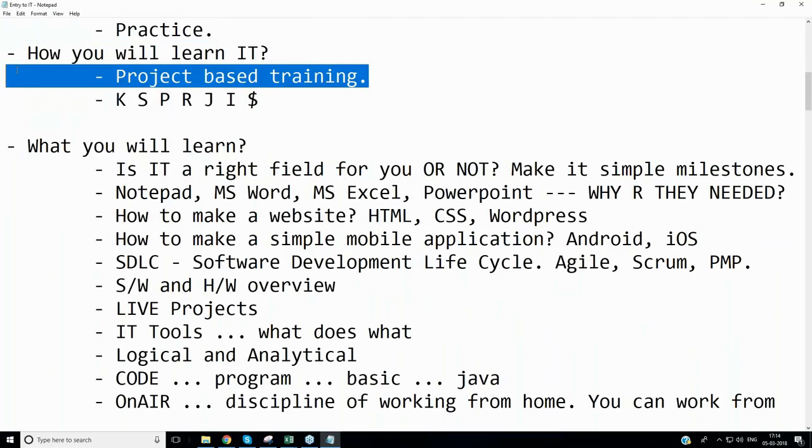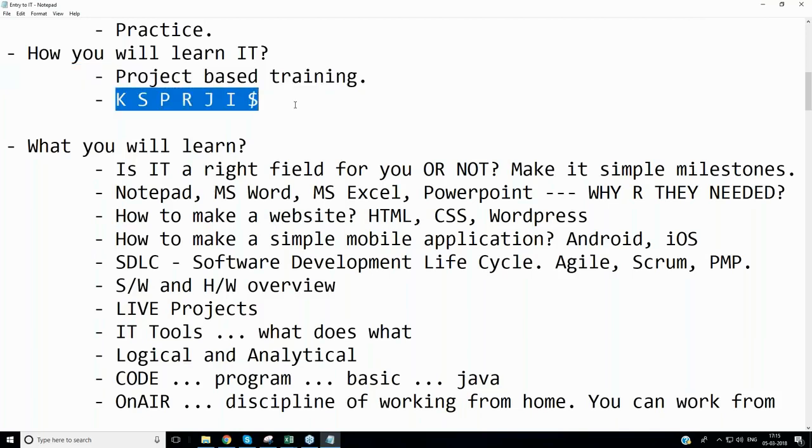The second thing I was talking about, how will we teach and how will you learn? And I said very simply that if there's no project, there's no training from my perspective. Teaching definitions, concepts, jargon, or what are these terms in the IT industry, that is from my perspective absolute pure theory or bookish knowledge. The only sense that makes an IT industry is what is your skill.